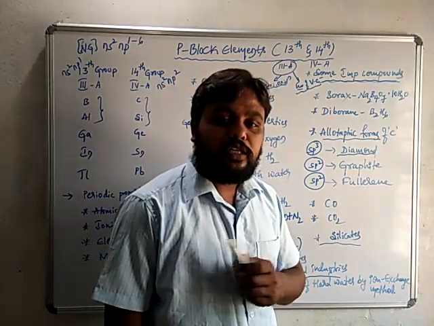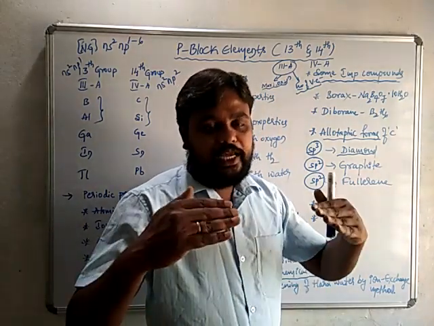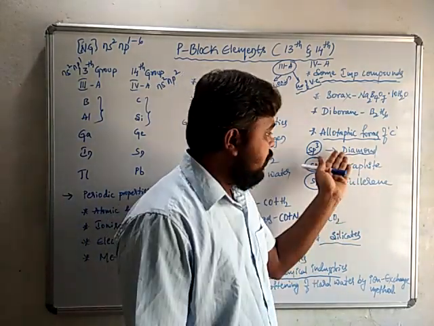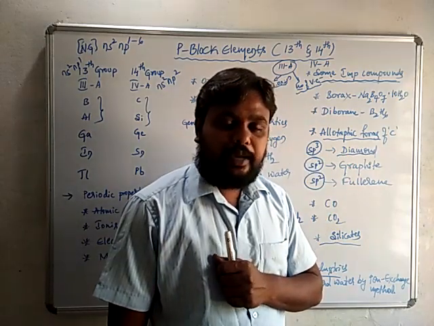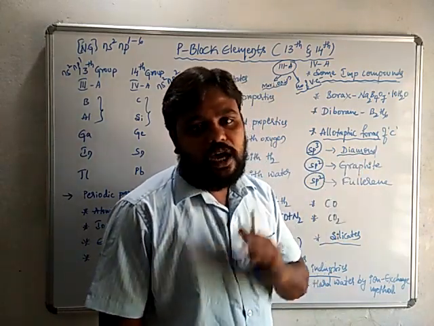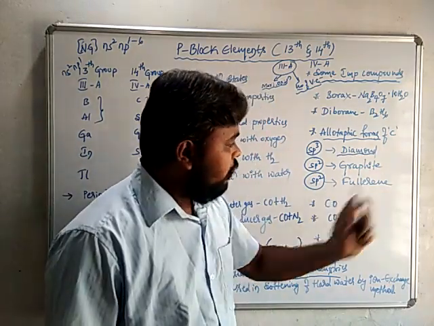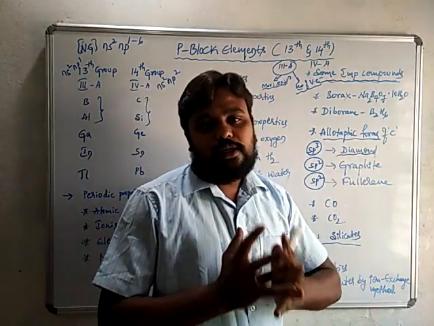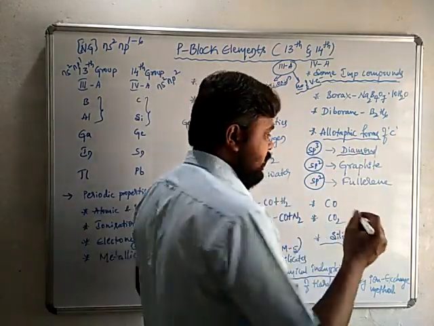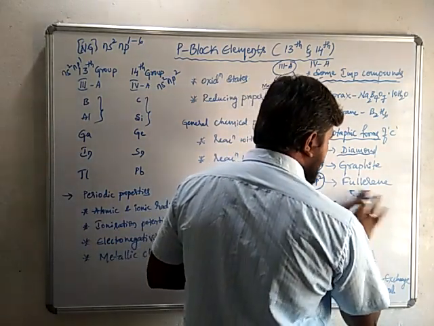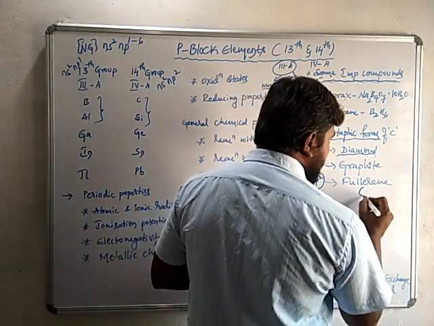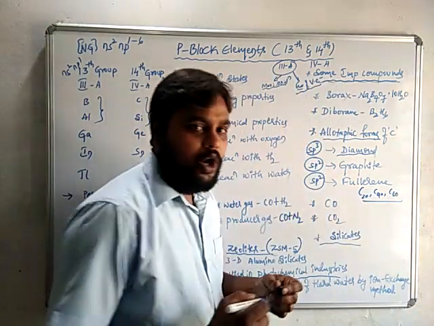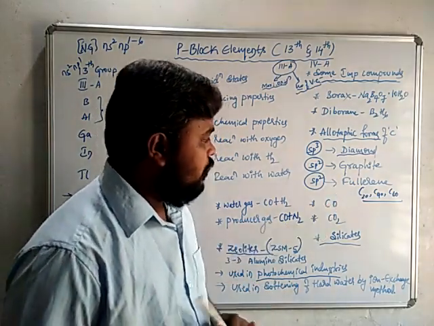Graphite is soft. Why is graphite soft? Because of its layered structure, one layer can slide over another layer. As a result, graphite is soft in nature. And because of the three-dimensional arrangement of sp3 hybridized carbon atoms, diamond is very hard in nature. One more allotropic form of carbon is fullerene. Fullerene is a soccer ball-like structure having C20, C40, C60 carbon atoms, and here each carbon atom undergoes sp2 hybridization. So this is about fullerene.